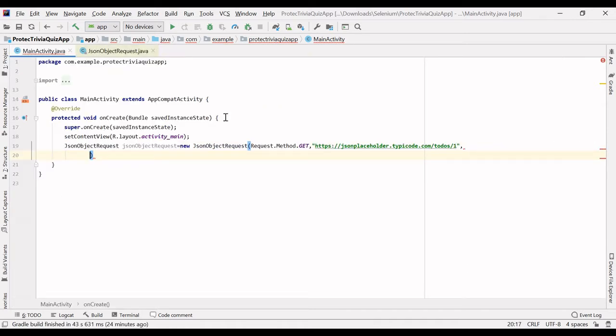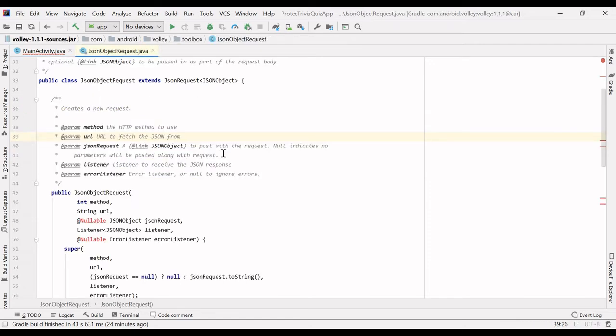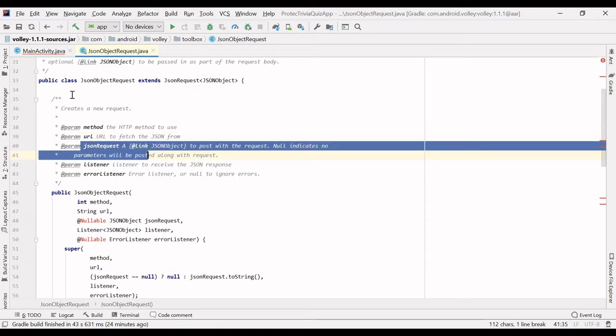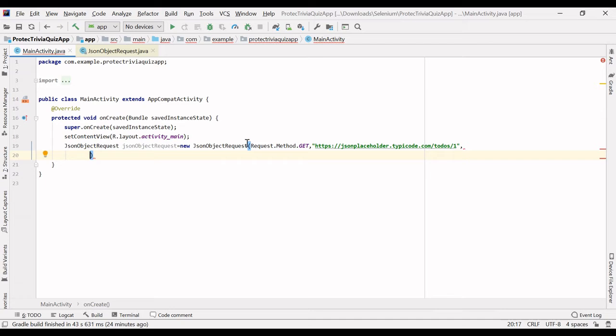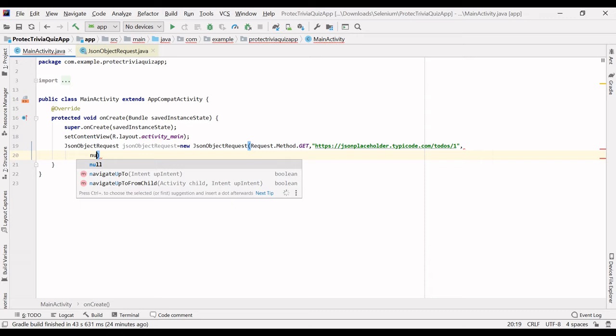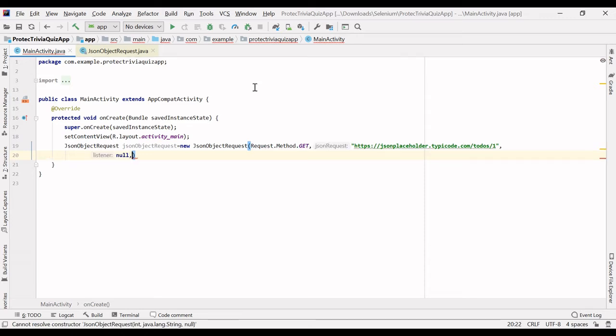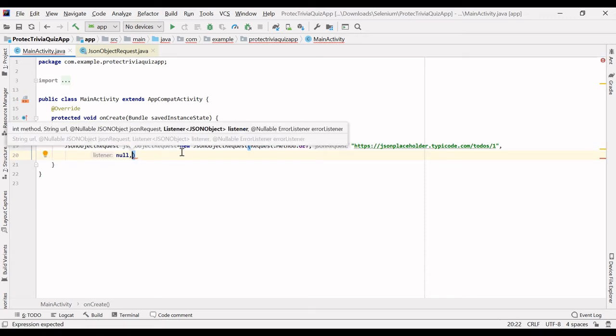The third argument is the JSON request. Since we don't want to post anything with this get request, I will mention just null.